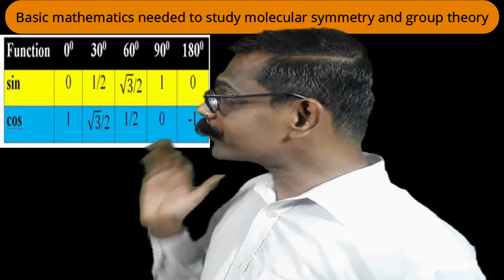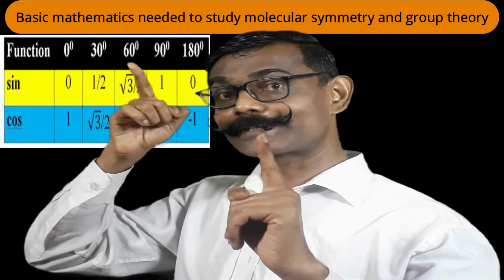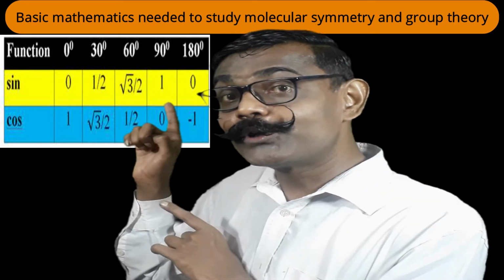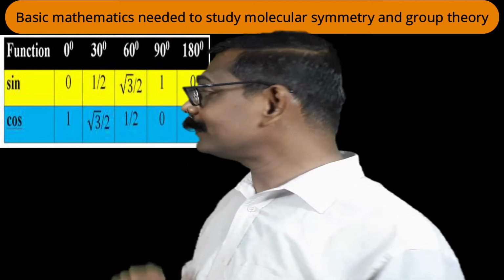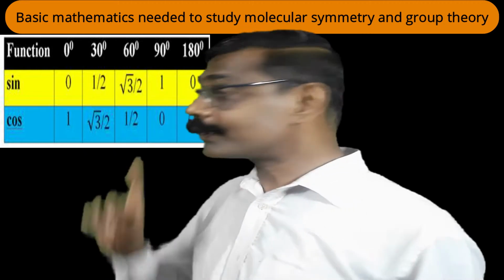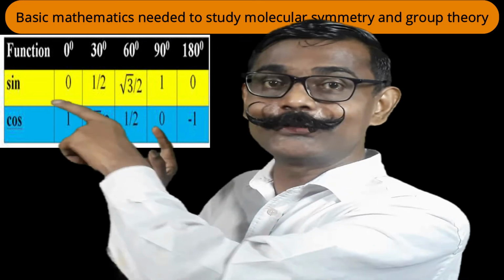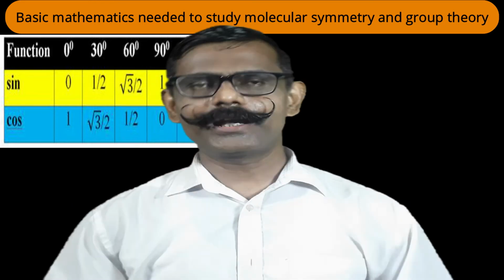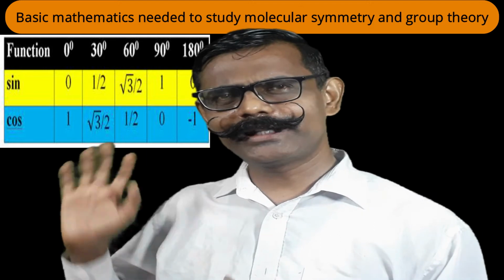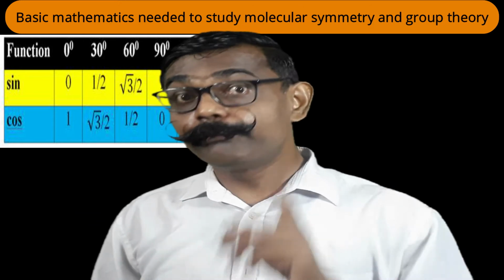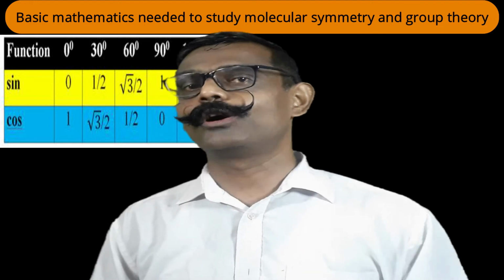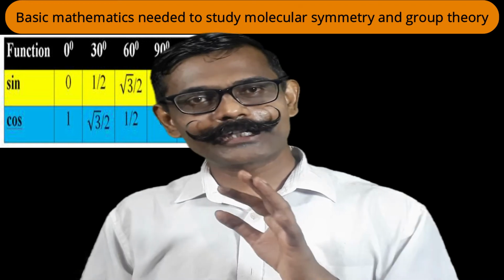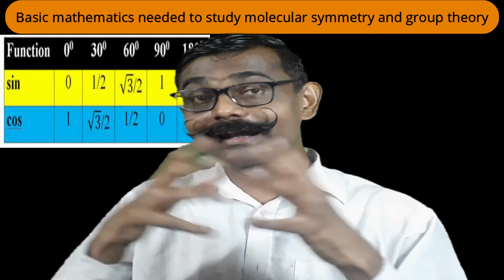What about cos? Cos 0 is 1, which was there in the case of sine 90. Cos 30 is root 3 by 2, which was the sine 60. Cos 60 is half, which was sine 30. Cos 90 is 0, which was sine 0. And cos 180 is minus 1. So these basic trigonometric values you should know. If you work with them, repeatedly apply them, then certainly you will remember. But without losing hope, you have to work on them. Then you will remember, and once you remember, you can confidently apply those things. Application and memorization are both related to each other.